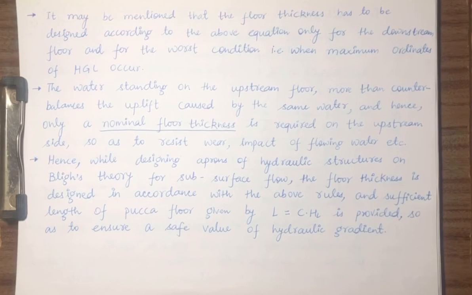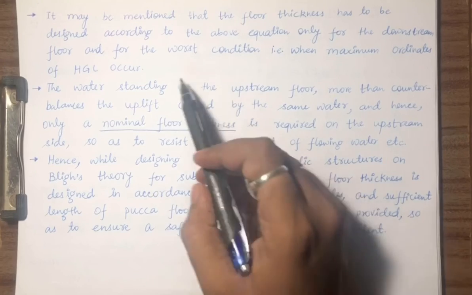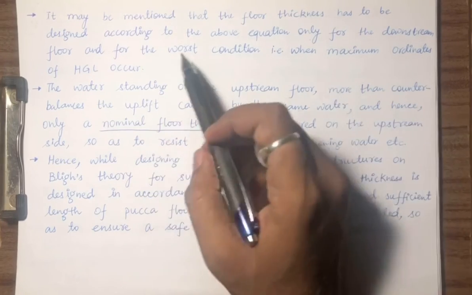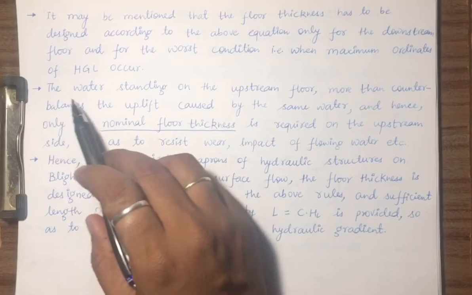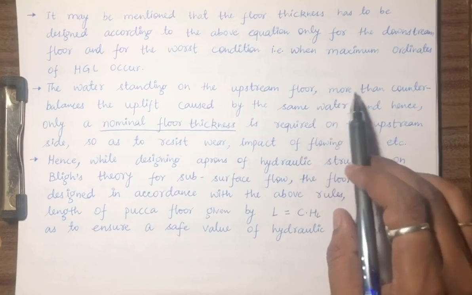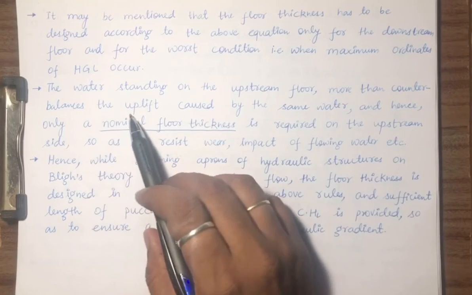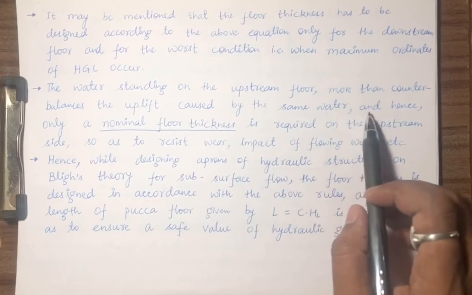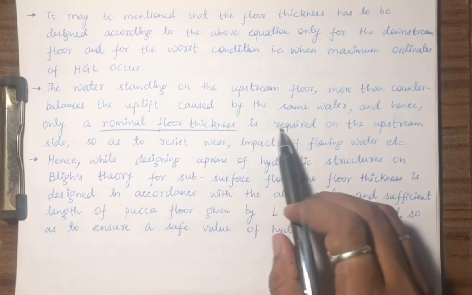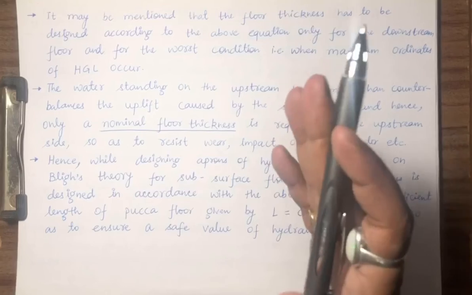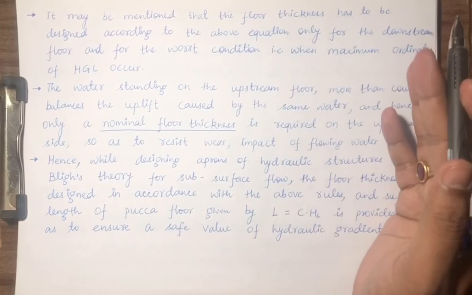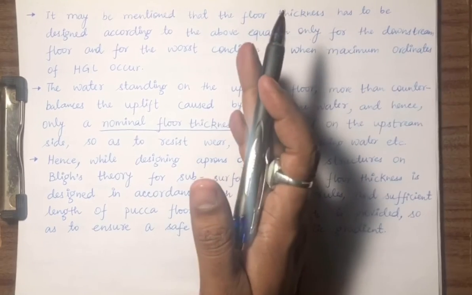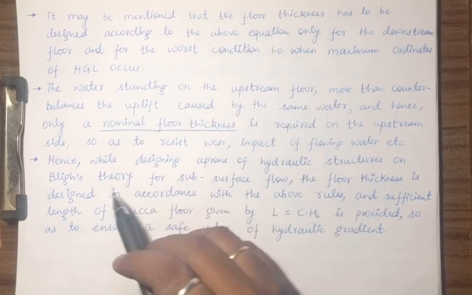So at that point only the worst maximum ordinate of HGL is occurring. The water standing on the upstream floor more than counterbalances the uplift caused by the same water, and hence only a nominal thickness is required at upstream. So worst condition is available at downstream and nominal condition at upstream. Hence while designing apron,